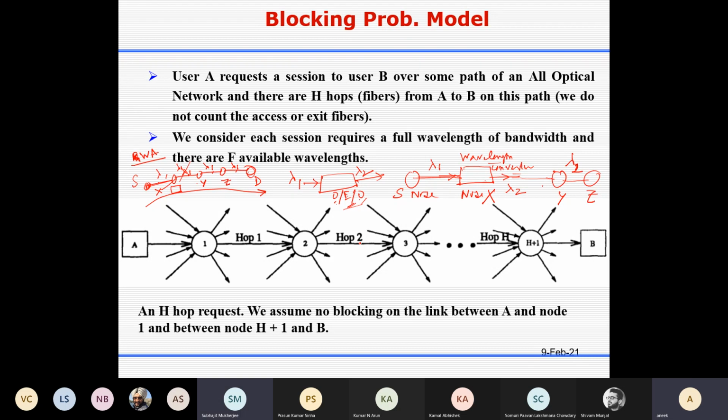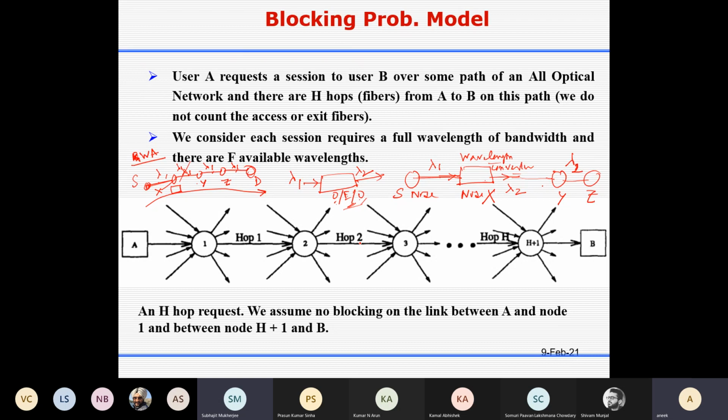All packets suffer the same delay, and it's a very small delay. There might be some processing delay, but it is very small. Then you convert the signal through a laser into an optical signal, so there is no delay.